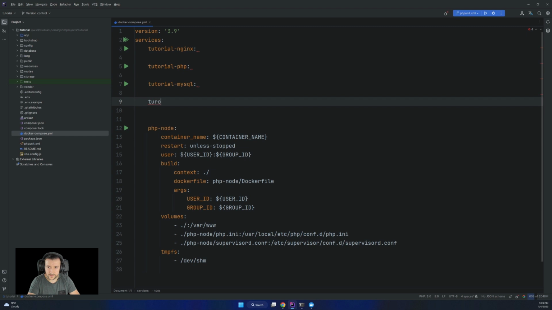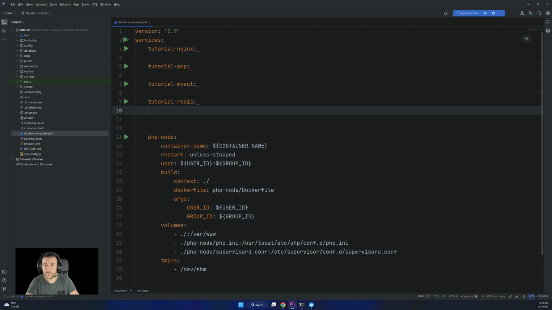Ignore the errors. We'll define each service in time, and tutorial-redis for the caching. Okay, so those will be the services.